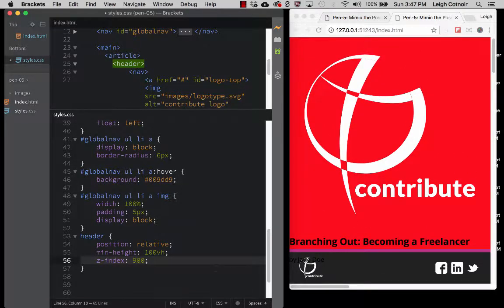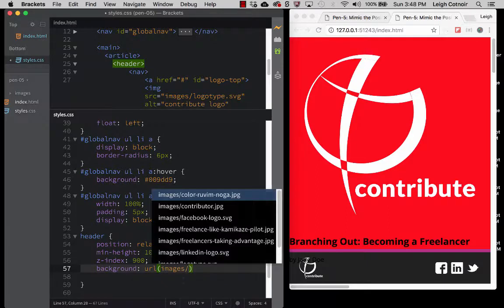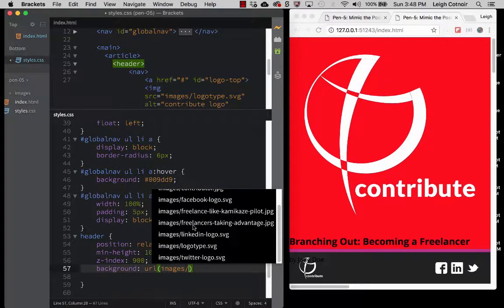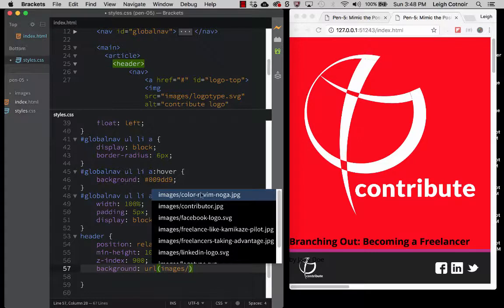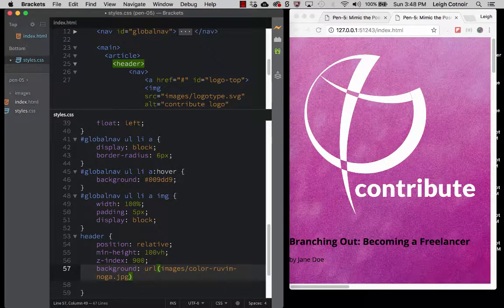And the best way for me to figure out for sure that that's true is I can also go ahead and give this header a background image. So let's do that. Let's say background, and we're going to go ahead and choose the URL, and we're going to go into images. Oops, sorry about that. Let's try that again. URL, and then it will allow us to click on images, and then I am going to choose this one. It's called Color Ravim Noga. All right, so I'm going to choose that, and then it goes ahead and puts it there as the background